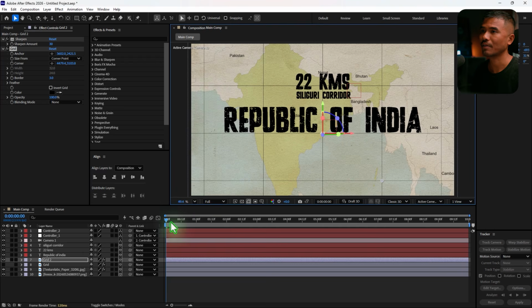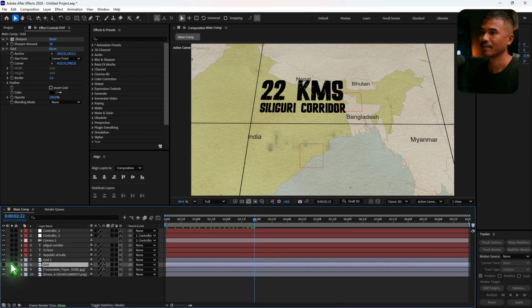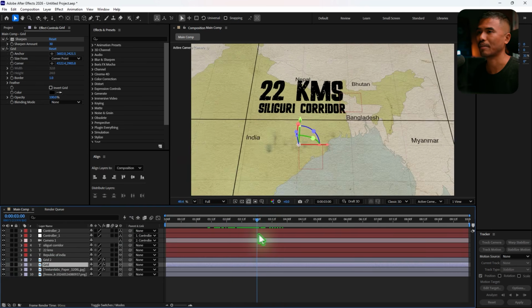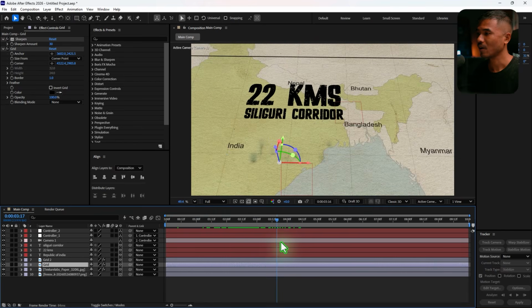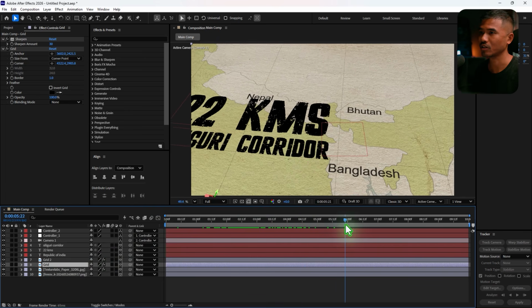You have some parallaxing going on there. You can just turn on the previous one. You can see that. You have some parallax effect, right? So that creates a depth. So I really like that. All right, so let's work on the main focus of this entire animation, which is the